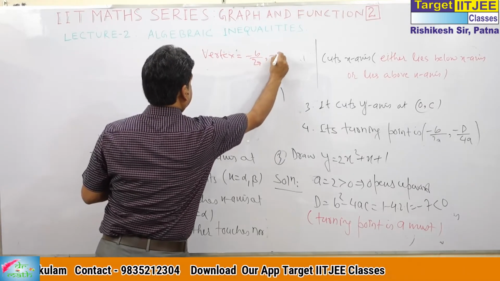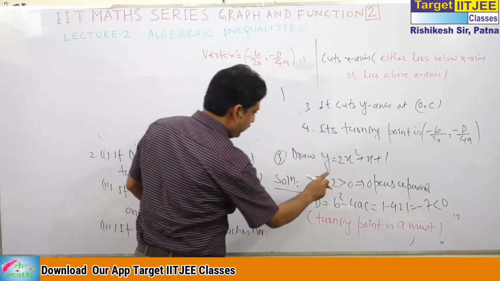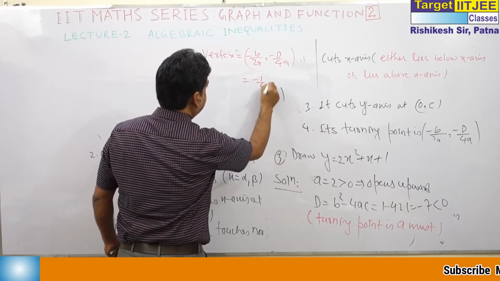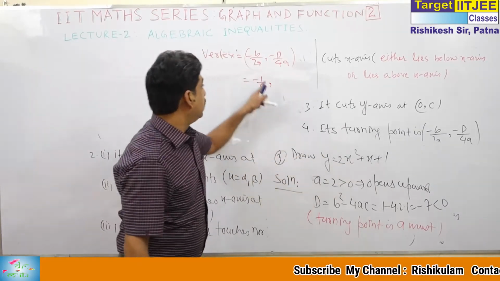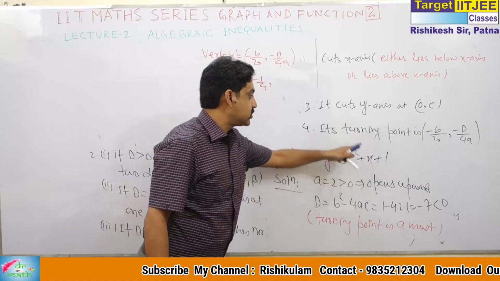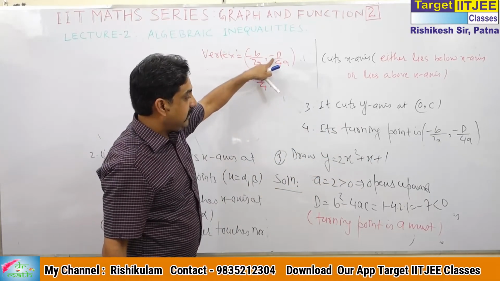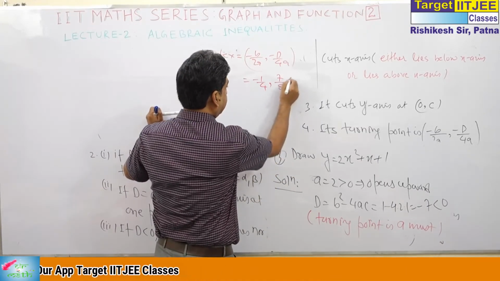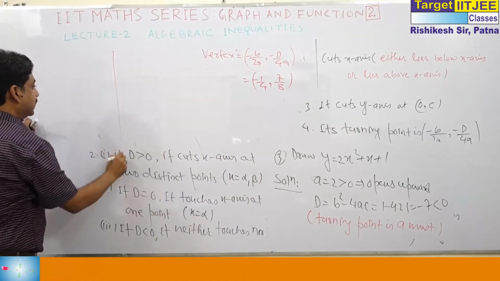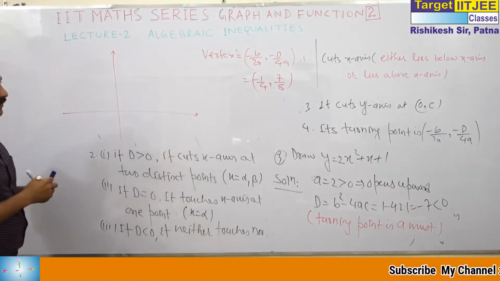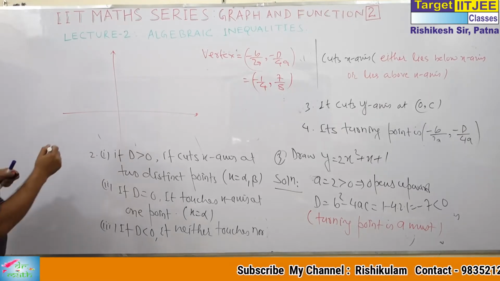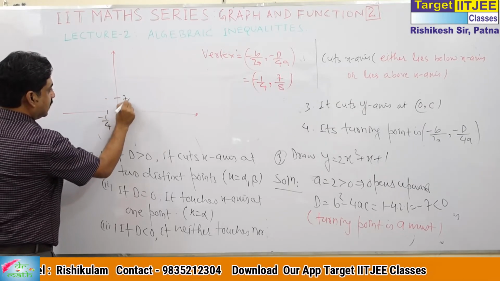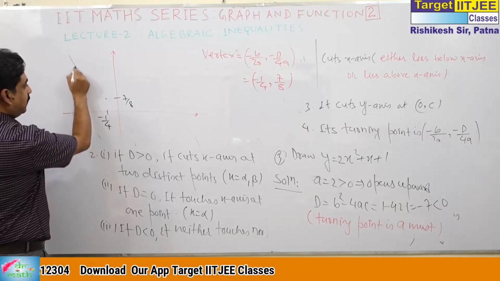Minus b by 2a, minus D by 4a. If we take b is equal to 1, so this is minus 1 by 4. And b is equal to 1, a is equal to what? 2. So this is minus 1 by 4. Here both are positive, so minus prevails. Here D is equal to minus 7, so this is actually 7 by 8. So what will be the graph? This will be the graph. Minus 1 by 4, 7 by 8 actually lies in which quadrant? It lies in this. This you can say minus 1 by 4, this you can say 7 by 8. This negative, this positive. Graph will be like this.